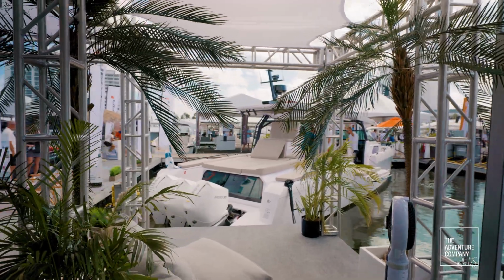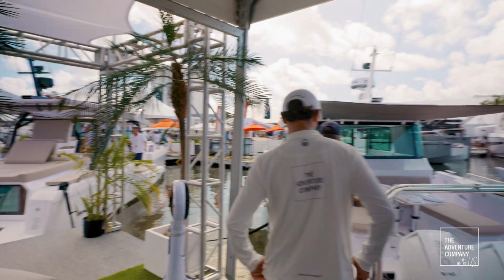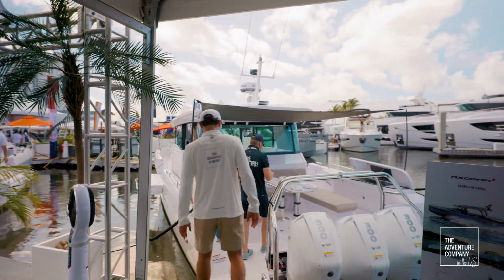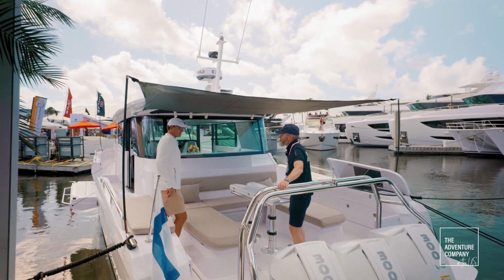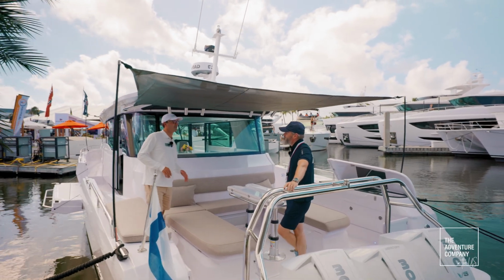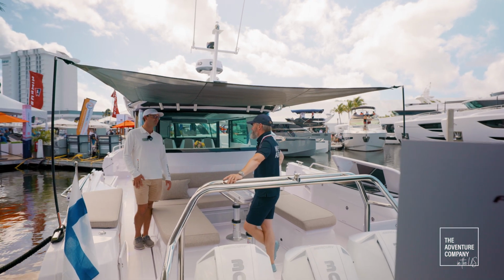That is exactly what the Axopar is all about. Hey, then we're on the 45, the cross cabin. I know you have one of these already over in Maine. Yes, we have delivered one to a customer. He is so thrilled with the boat, and we've had several hundred nautical miles running the 45 at this stage